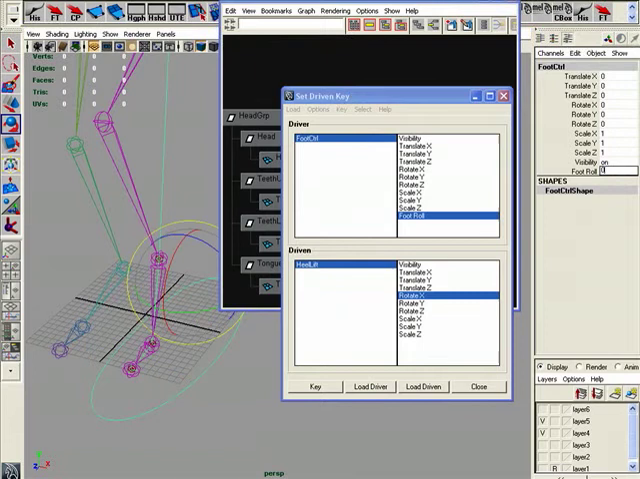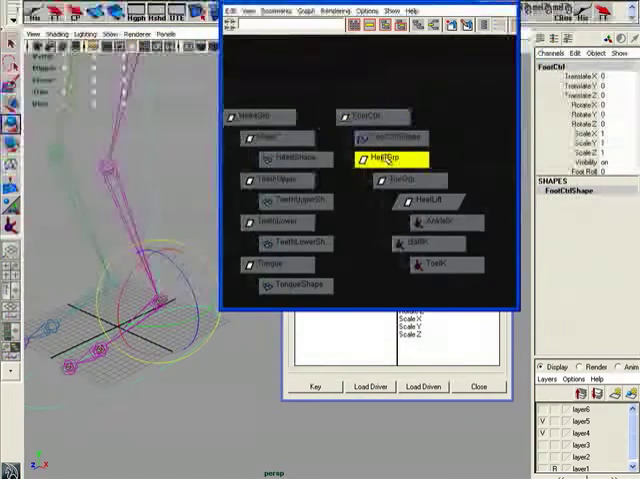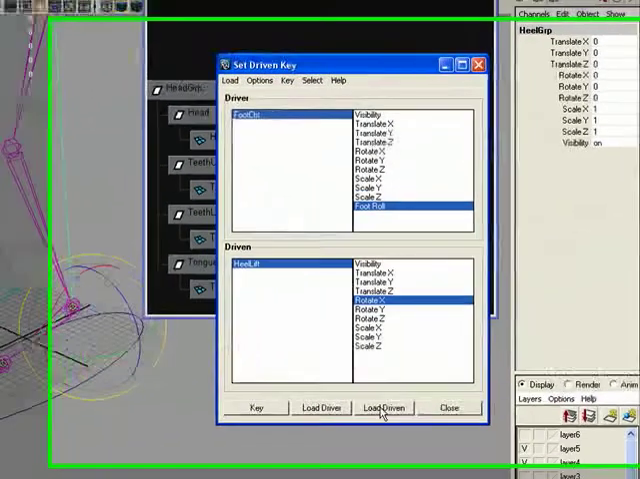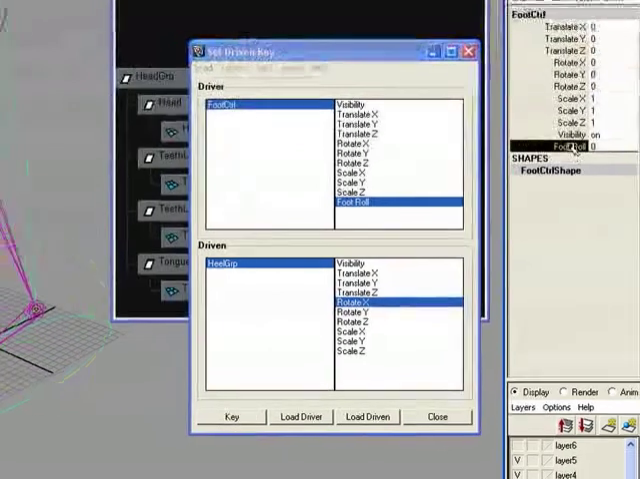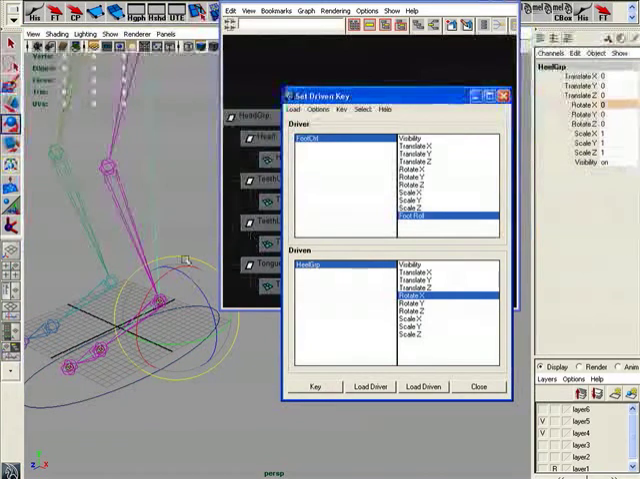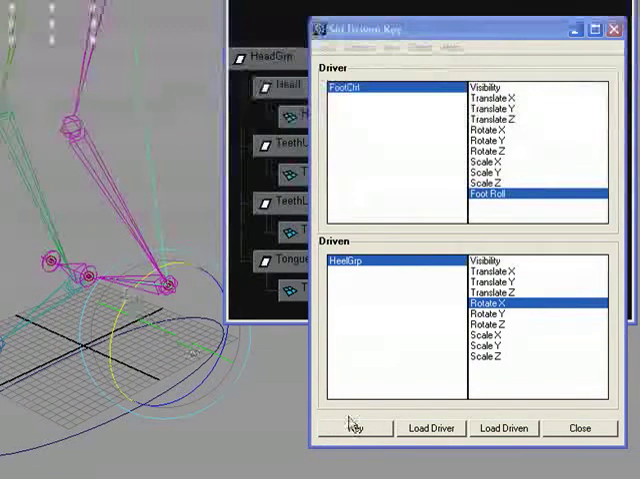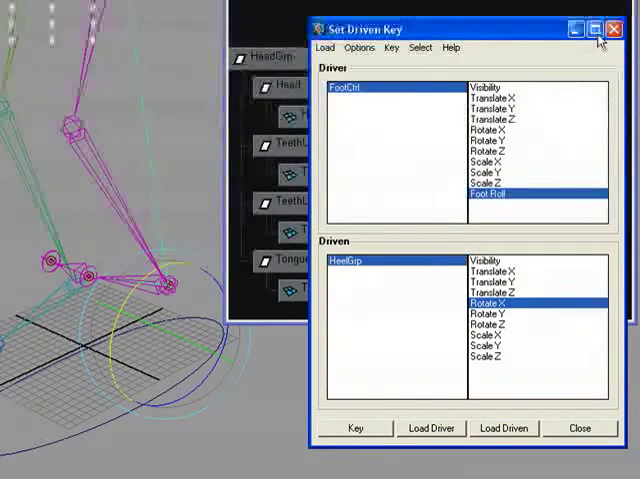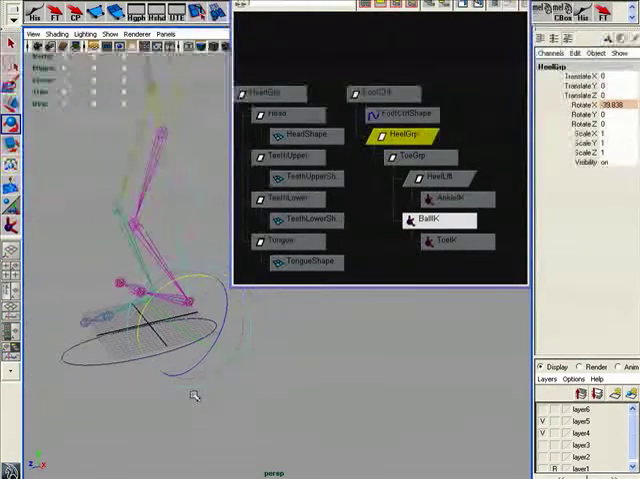I'm going to put it back down at 0. The other thing I want to control is the heel group. I'm going to load that as the driven now, rotate X, and hook that up to foot roll. Key. Then I'm going to put foot roll down to a value of -10, take the heel group, and pop it up something like this. I could go even higher if I wanted to. I'm just going to hit key. And now I have set up a set-driven key